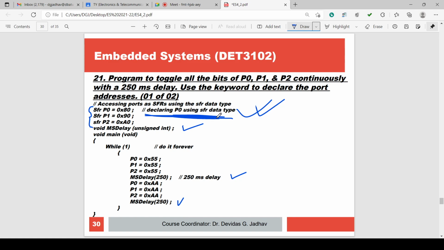The SFR data type is used to declare them, and then we are using port P0, P1, P2. You can go by adding the library header file reg51.h, or you can define them here. So that is the main essence of this program.